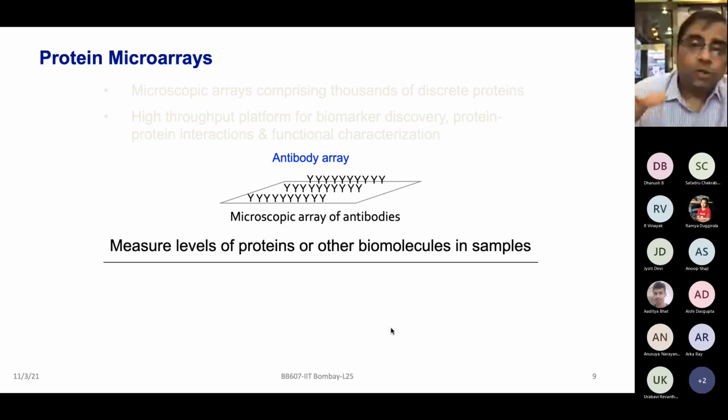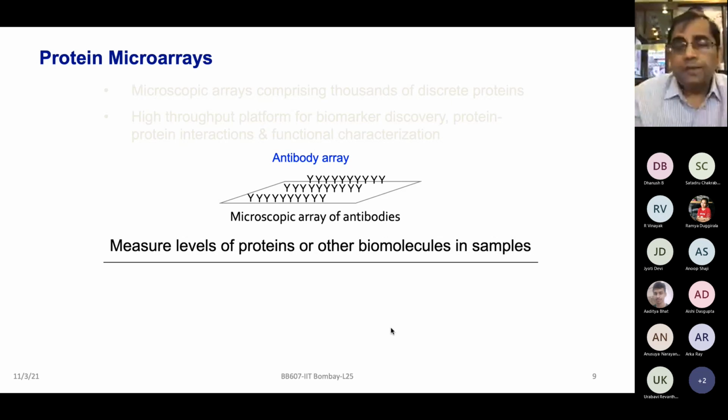those antibodies on these substrates or arrays, now this is the array made on which, let's say you got 100 antibodies printed. Then you are flowing your protein sample of interest, or the biomolecules of interest in samples. And if this protein of interest is present, it's going to bind to that antibody. And then you have to use different ways of detecting that signal. So in some way it is antigen-antibody interaction happening.